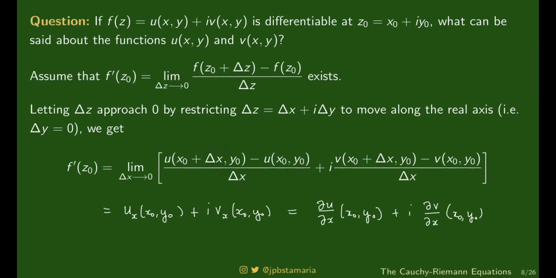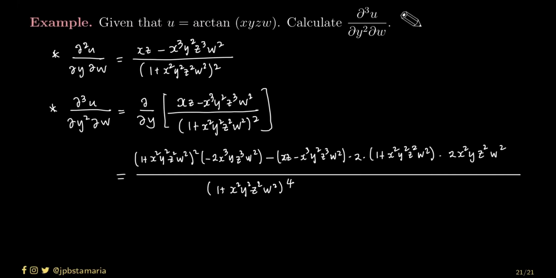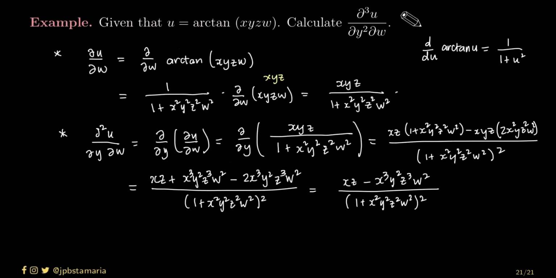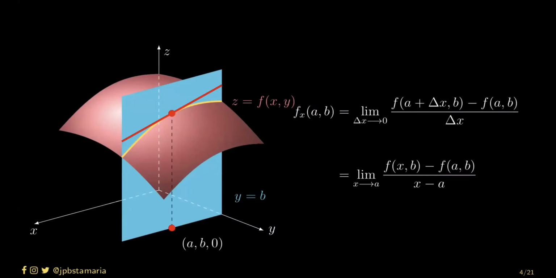Ano bang interpretation natin dito? Ayan, hinanap ko kasi kanina yung lecture ko about partial derivatives. Hanapin natin yung bakit ganyan yung definition. Ayan. If you're going to look at this, ito yung definition natin ng partial derivative with respect to x. Lecture ko to sa Math Analysis 3. Kinuha ko. Dito si f of xy, yung function. Okay? Yung definition ng partial derivative with respect to x, yung x coordinate lang ang lalagyan mo ng plus delta x. Tapos di-divide mo siya ng delta x. And then you take the limit as delta x approaches 0.